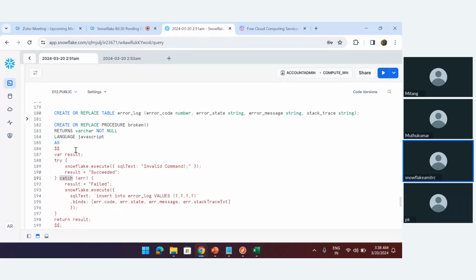Whatever business logic you want to write, you have to write in the try block, and if any error comes, you have to handle it in the catch block. For an example, in the try block, I am writing snowflake.execute. Directly, we are calling the execute method. You can do it that way also. So here we write snowflake.execute, and the SQL text we have taken, and there I am taking